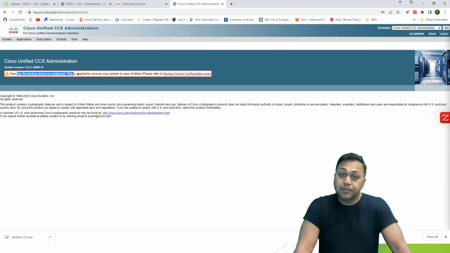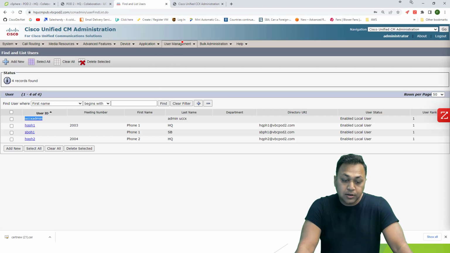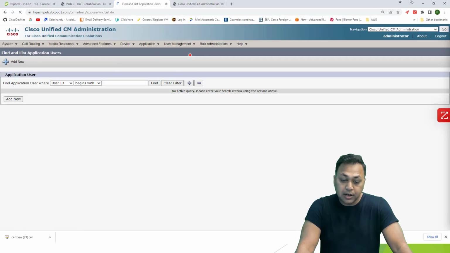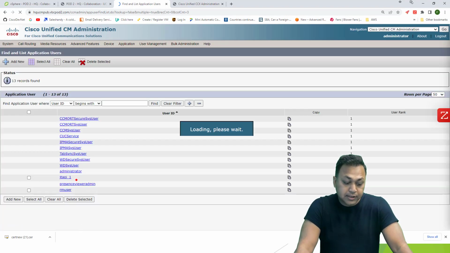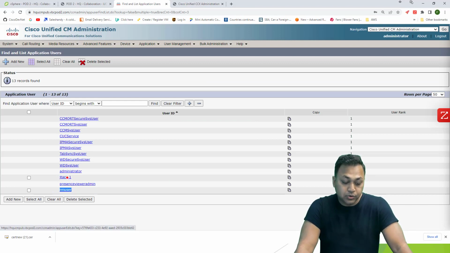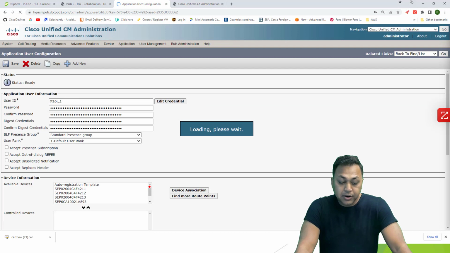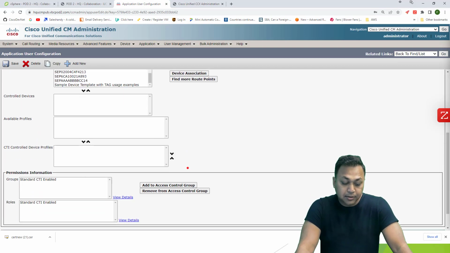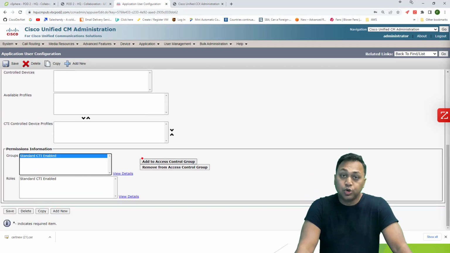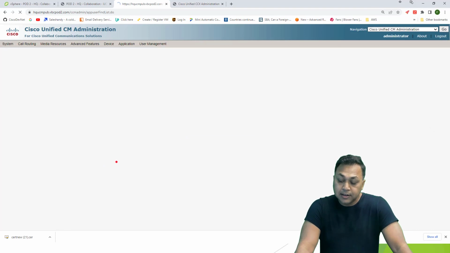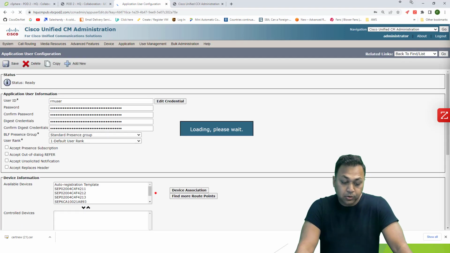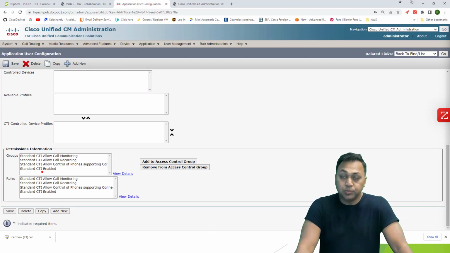No backup has been configured yet. If I go to my call manager under application user, I should see the two accounts created, JTAPI and RM users. If I select the JTAPI, it will tell me the group it belongs to. If I select the RM, it will tell me that it belongs to these groups,